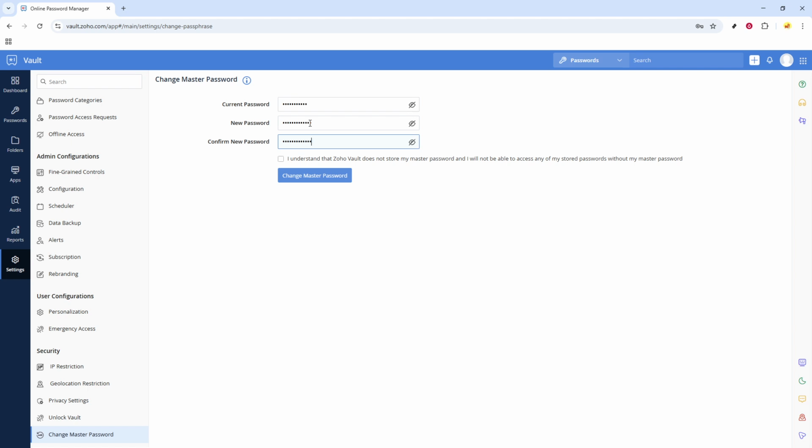Remember that before you can proceed, you must acknowledge an essential security disclaimer. You'll find a checkbox that you need to check. It states, "I understand that Zoho Vault does not store my master password, and I will not be able to access any of my stored passwords without my master password." This step emphasizes the fact that Zoho values user privacy and security by not storing your master password on their servers. Double-check that you're confident with the new master password you've set, because retrieving it could pose a significant challenge